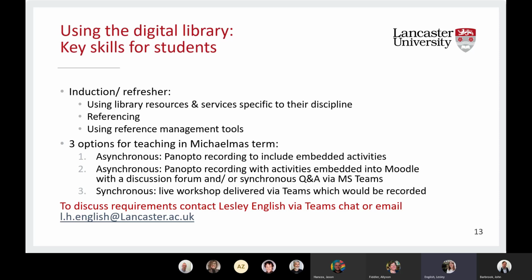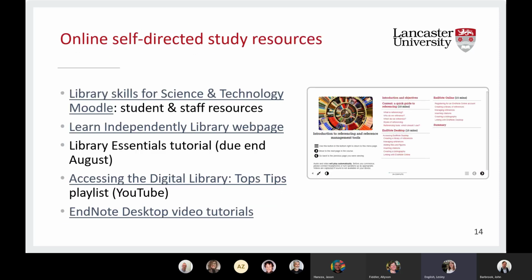I'm just going to go on to the next slide. We also have a number of online self-directed study resources, and we are creating more of those at the moment. Students and staff can enrol on the Library Skills for Science and Technology Moodle, which has some resources they can access.